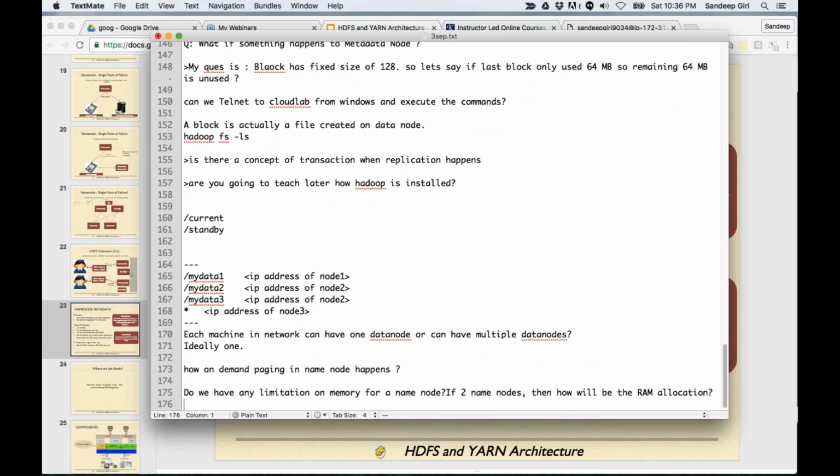All right. Bernie's question is, do we have any limitation on memory for name node? If two name nodes, then how will be RAM allocation? So yes, these two name nodes are going to be on different computers, and memory limitation is there on name node. Because all the metadata stays in the name node's memory,